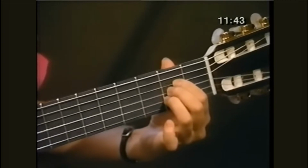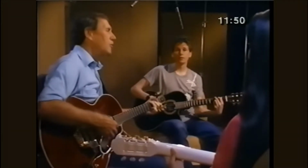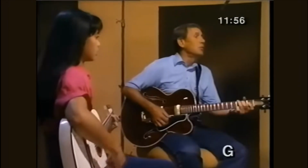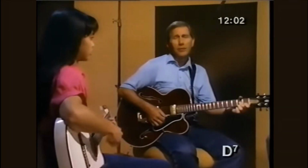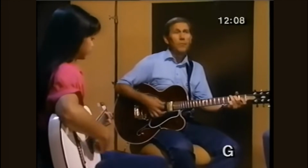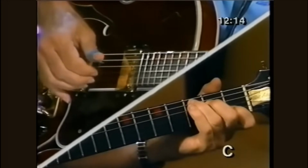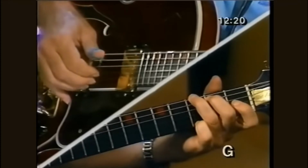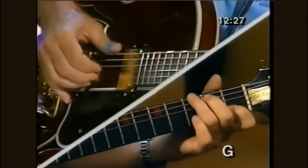Now let's do On Top of Old Smoky. 1, 2, 3, 1, 2, 3. On top of Old Smoky, all covered with snow, I lost my true lover by courting too slow. For courting's a pleasure, and parting is grief. But a false-hearted lover is worse than a